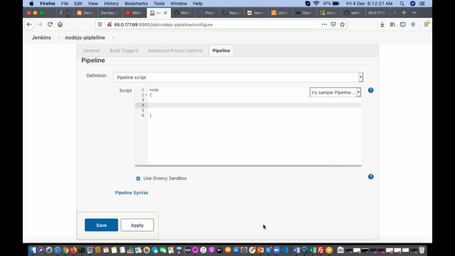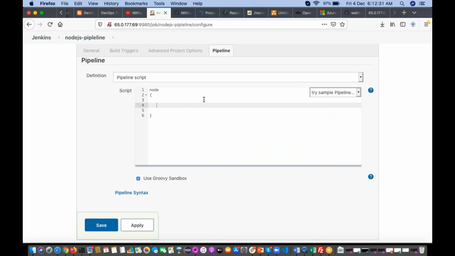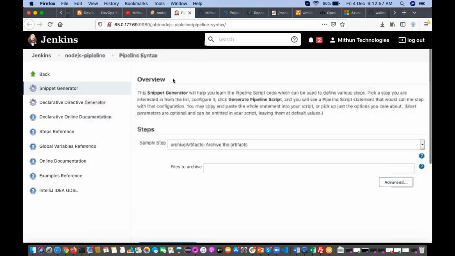The first stage is we need to get the code from the GitHub repository. Stage, checkout code. Here we need to write the code for getting the Node.js application from the GitHub repository. For that you can use the pipeline syntax.